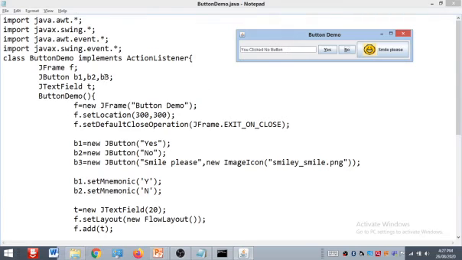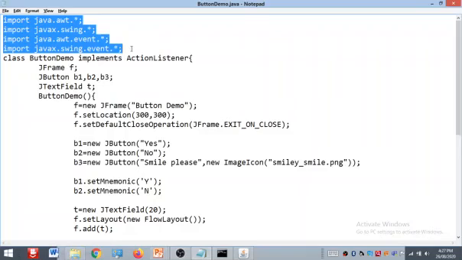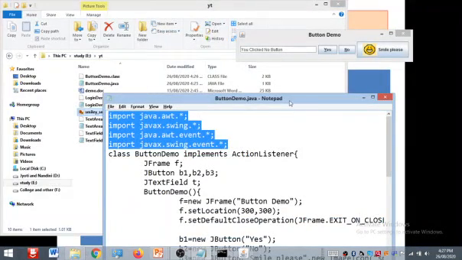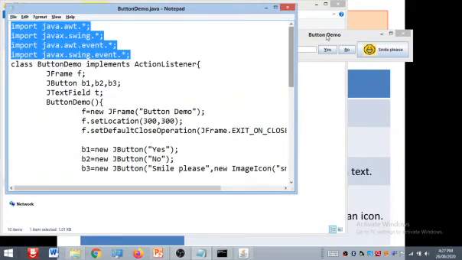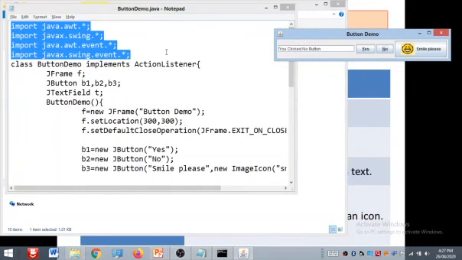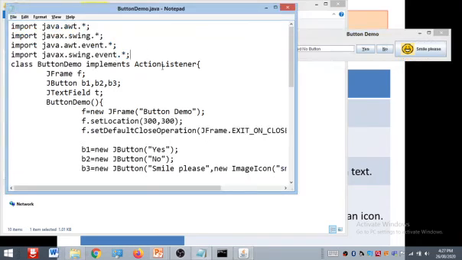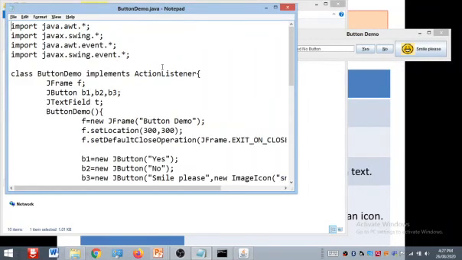Now let's go through this program. First of all, we import all four of the required packages for our program. We include the AWT package and the swing package.